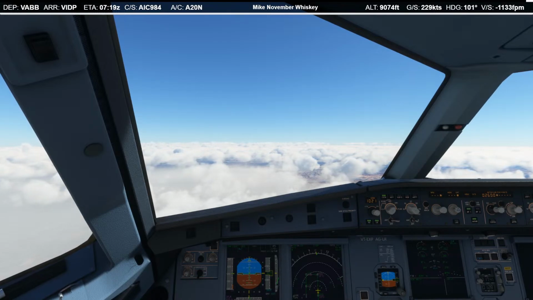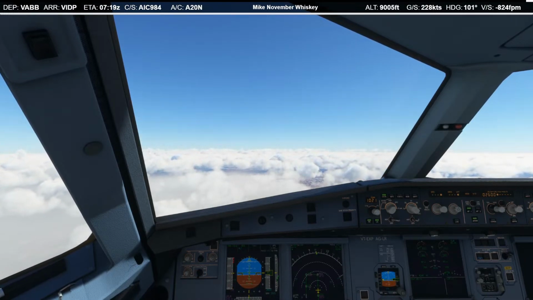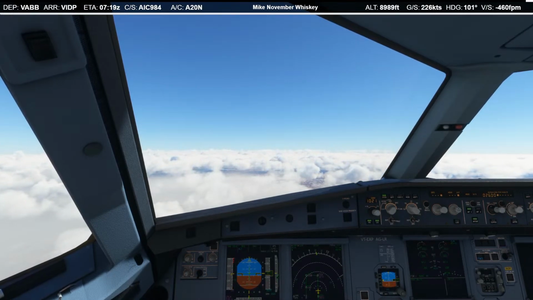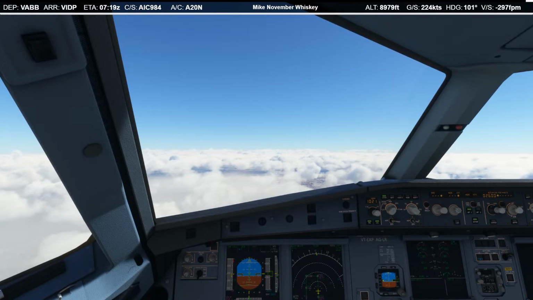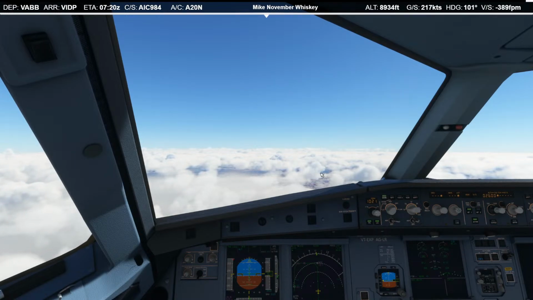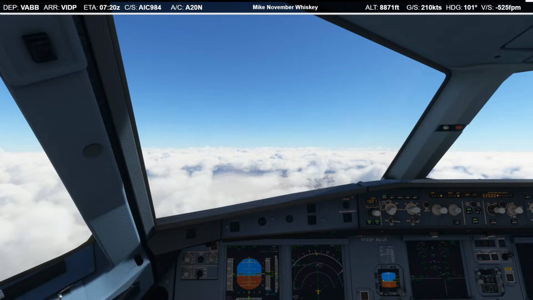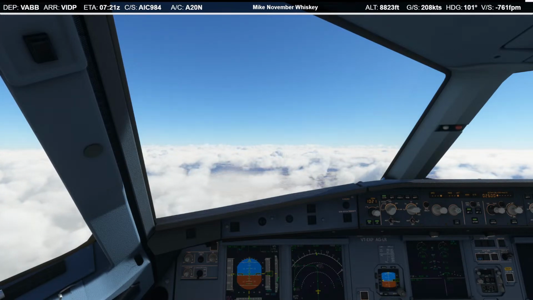Speed check to flaps 1. Start slowing down so we can lose this altitude. We want to be at flaps 2 before the turn. Speed check to flaps 2.